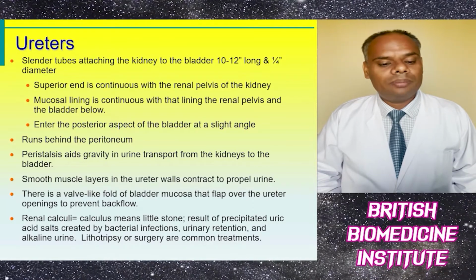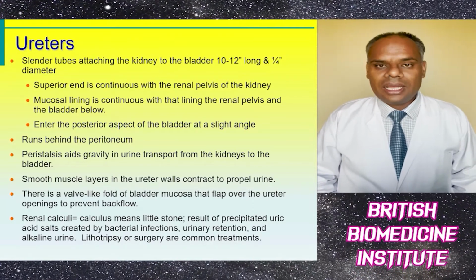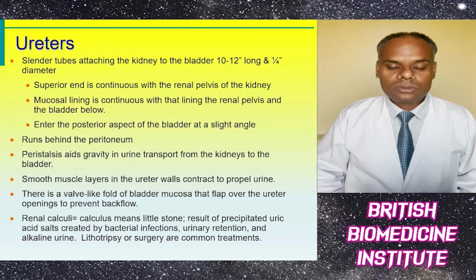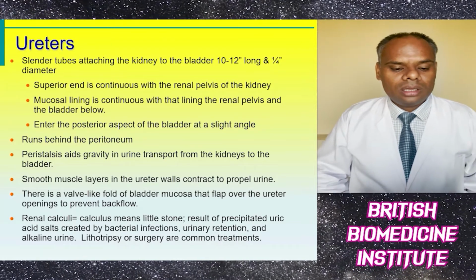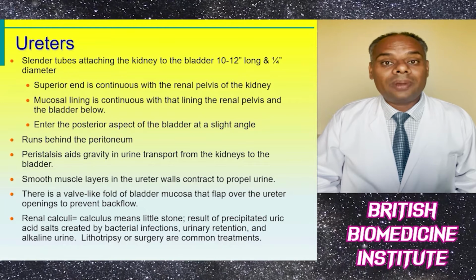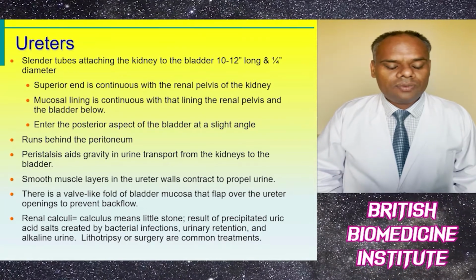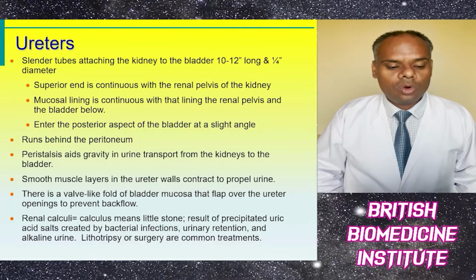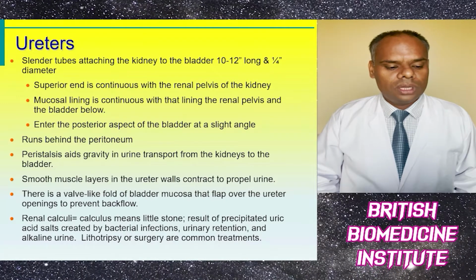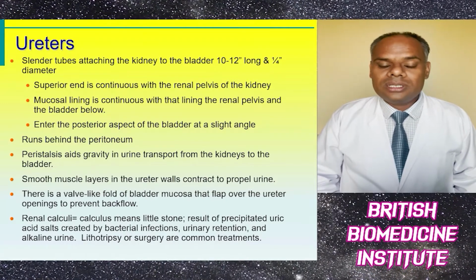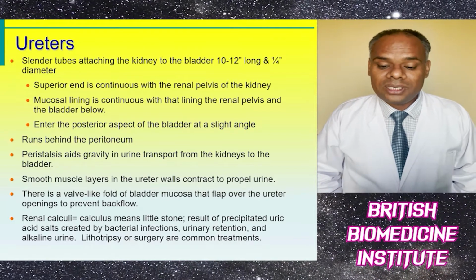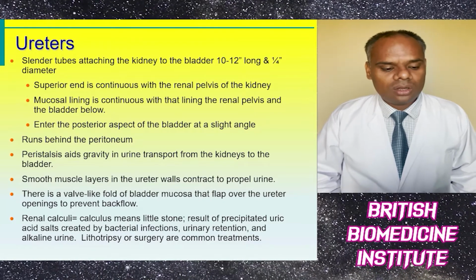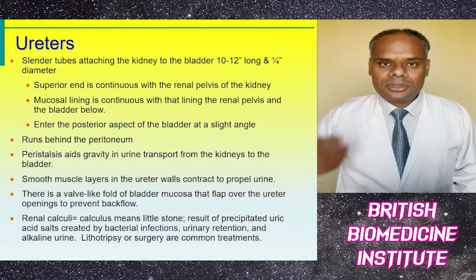It runs behind the peritoneum. Peristalsis aids gravity in urine transport from the kidney to the bladder. Smooth muscle layers in the ureter wall contract to propel urine. There is a valve-like fold of bladder mucosa that flaps over the ureter opening to prevent backflow. Renal calculi: calculus means little stones. They result from precipitated uric acid salt, created by bacterial infections, urinary retention or alkaline urine, and lithotripsy or surgery